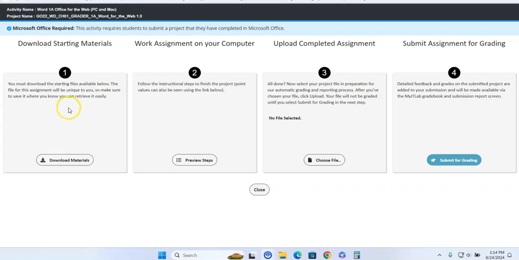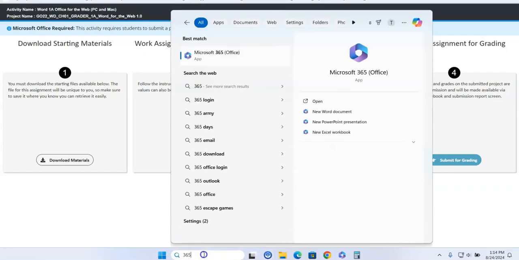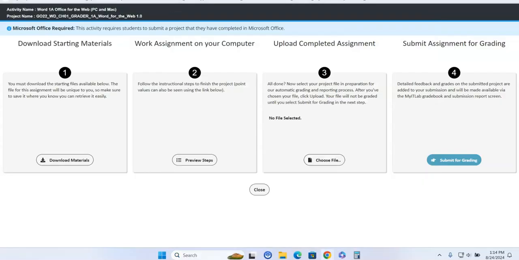Okay. And so as a student, you can download Office 365 Education for free. And once you download it, you should see an icon like this, which is the Microsoft 365 Office. Okay, if it doesn't automatically appear down here in your taskbar, you might try to search 365 and then find it in your programs. But on the Start Here page, there was a video and some instructions on how to